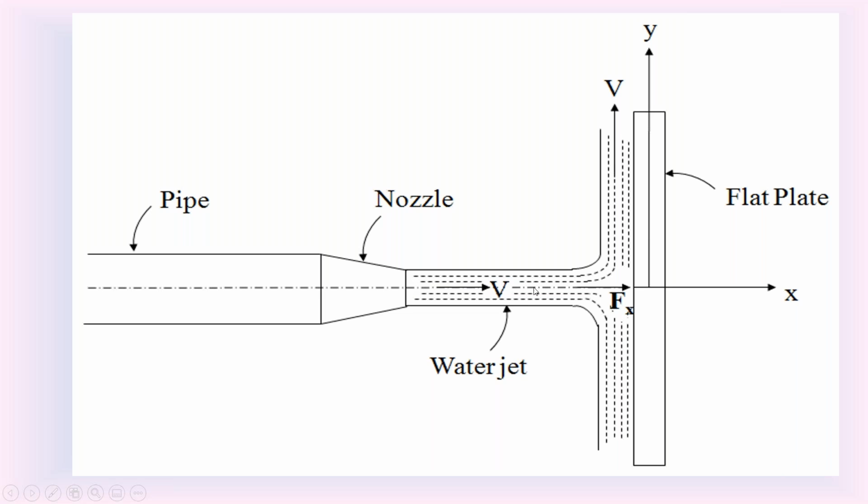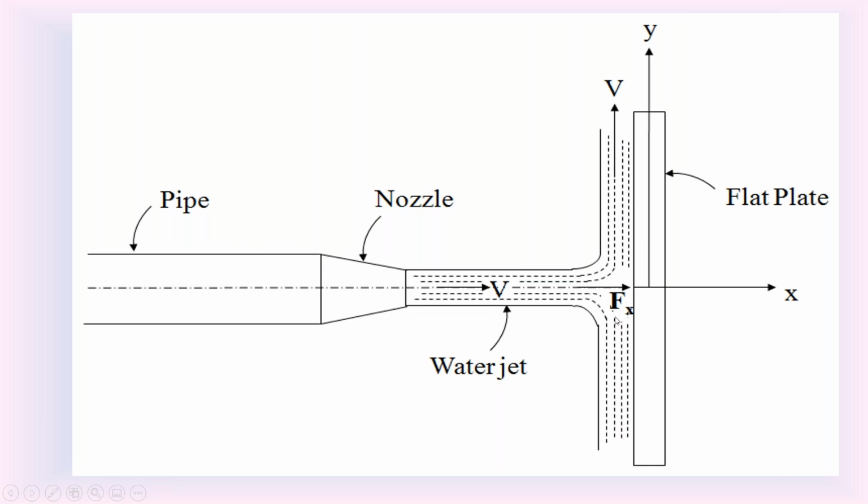The water jet is horizontal. Initial velocity is v, horizontal. The water jet is hitting the stationary flat vertical metal plate. After hitting, the water jet moves along the surface of the metal plate in the vertically upward direction. There is no loss of energy because the surface of the metal plate is smooth. So the final velocity of the water jet is also v, but it is in the vertical upward direction.